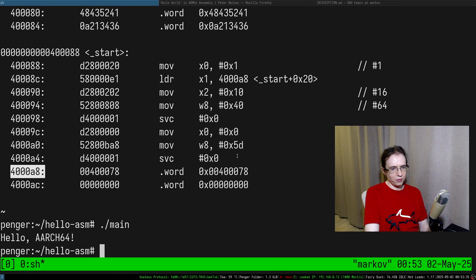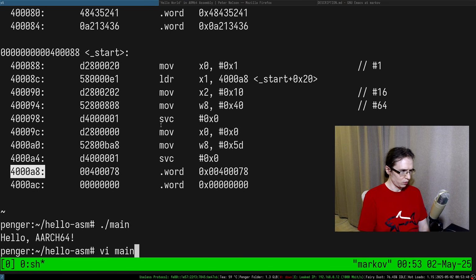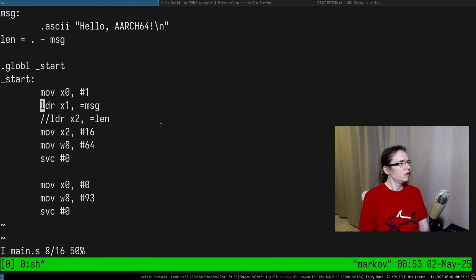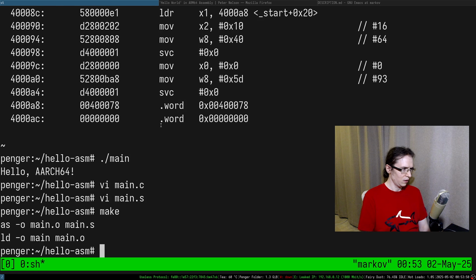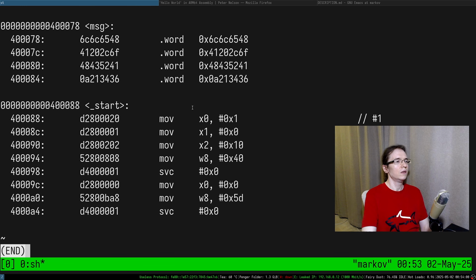So that also probably means I can try to do mov x1 with the message. All right, so let's give it a try. So it's something like this. So mov x1 msg. Can I do something like that? I can. And it doesn't print anything. So if I do objdump, it just puts 0 in there, by the way.